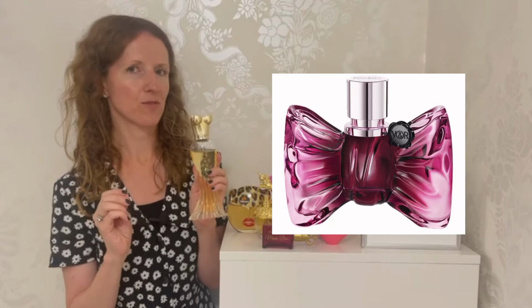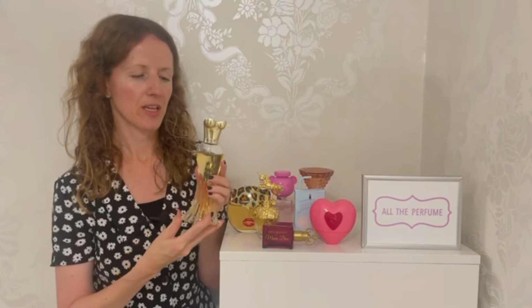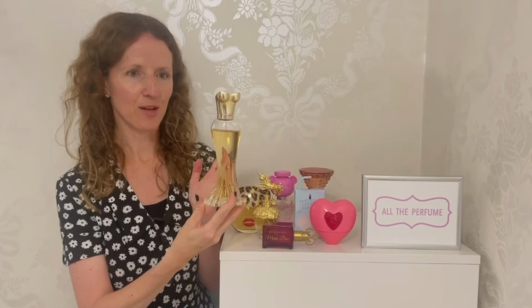And it's a little bit like Viva la Juicy, and it's also a little bit like Bon Bon by Viktor & Rolf too. So that is what to expect when you're smelling Gold Rush. And you can get this so affordably. It's Paris Hilton, so I feel like it might have ended up in my collection either way, but I think these bottles are so stunning, even better in reality, and ones I just had to have, even regardless of the